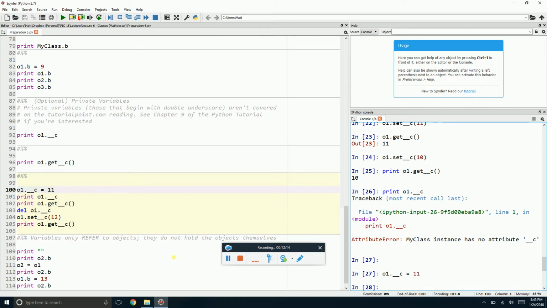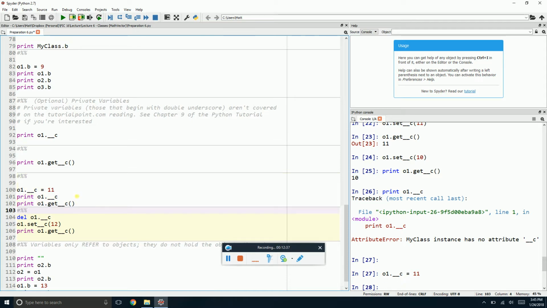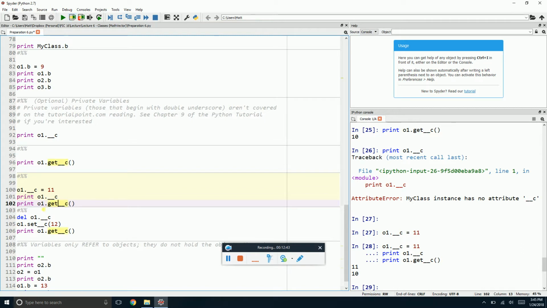What's it going to do? It's going to create an attribute or an instance variable corresponding with o1 that's called double_c. It's not going to be private. Okay, so we can print this, and that's going to print that new attribute, and we can print this, and it's going to print the original private variable. The new one is 11, the old one is 10. 11, 10. Then we delete that new instance variable,